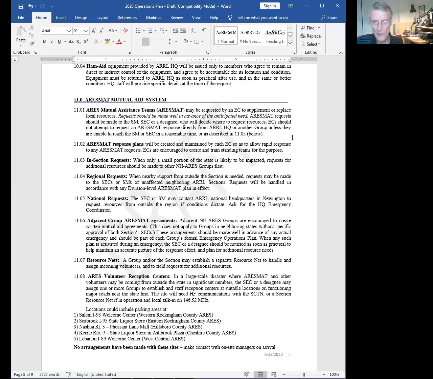And she was going around the room talking to all these different agencies, both state and VOAD, and asking them, well, what are you going to do if your communications fail? And we almost fell out of our chairs. Every single one said, oh, we're going to call the hams. And we're doing the numbers on our fingers really fast and going, we haven't got 500 or 600 people for each shift. Ain't happening, kids.